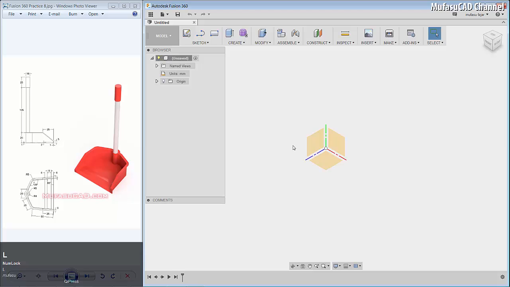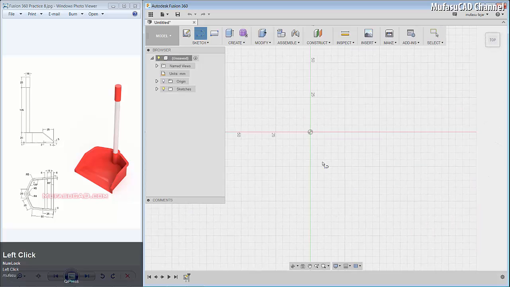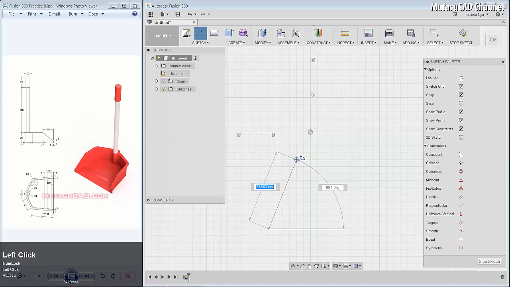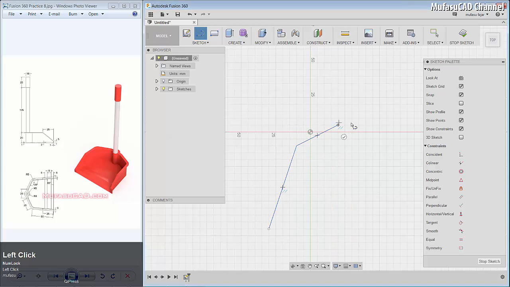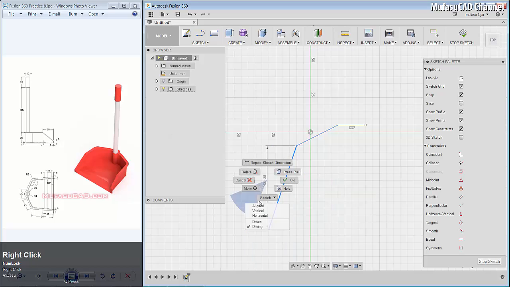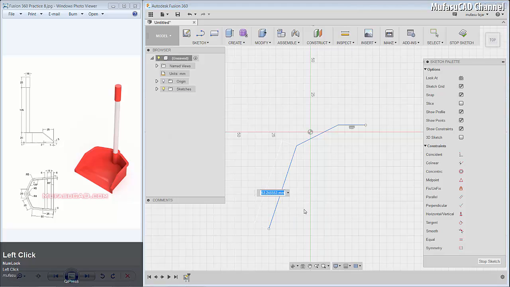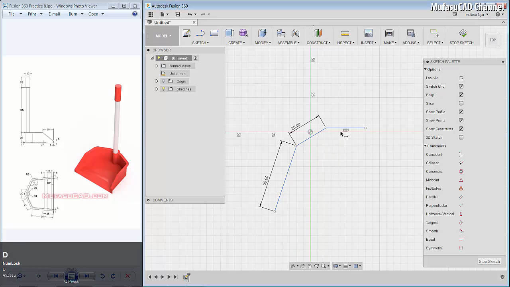First I will create a line. You can select the top line. We create a line from this point to the top, here, to here and here. Okay, we give a dimension for this line object. Right click, dimension, and put 50. We give a dimension again for this line object, right click and give 25. And lastly, we give a dimension for this line object in here, about 10, and okay.